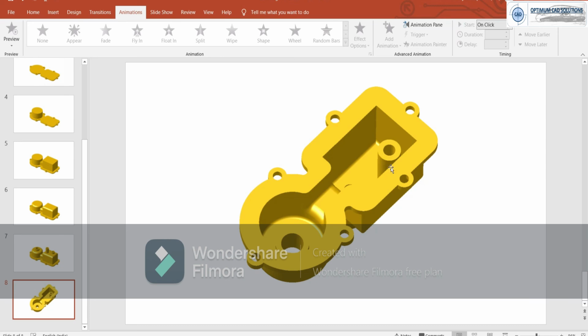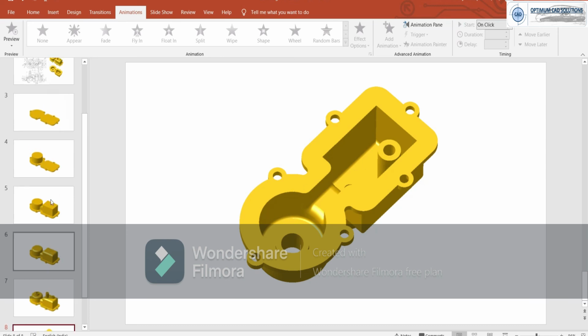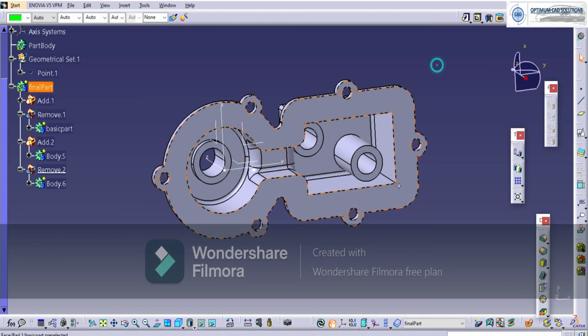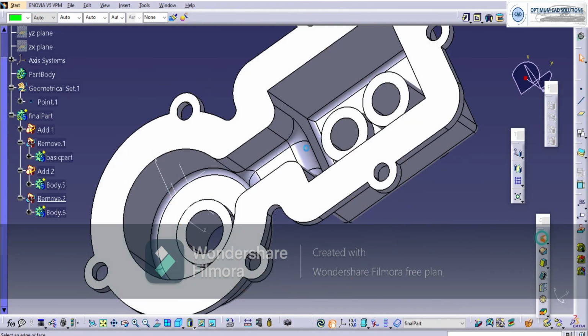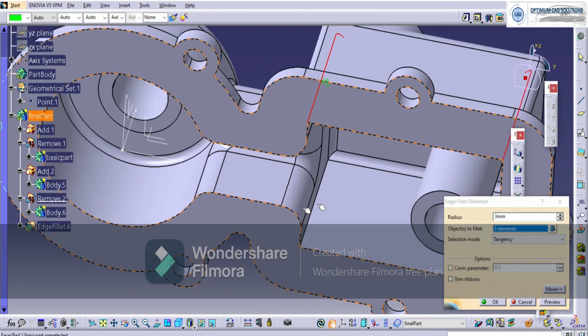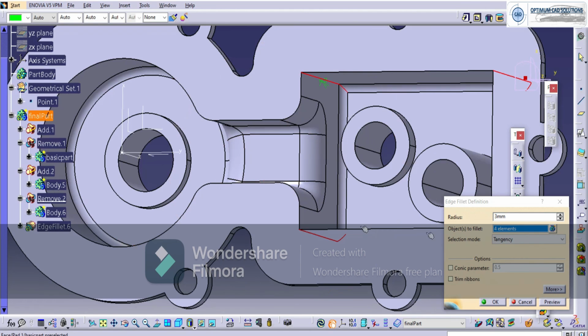So have a look at the sketches for the steps we discussed at the first time. So this is our target, and here is the solution in CATIA. So internal radii and finishing will complete.